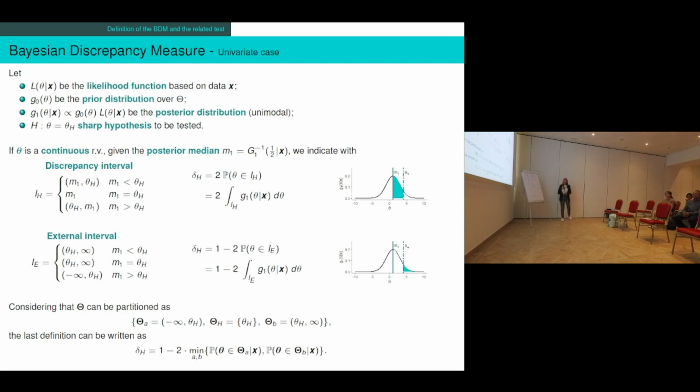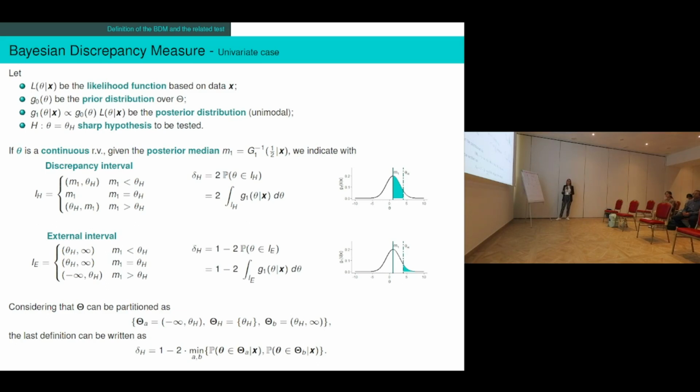Okay, now we start with the definition of the BDM in the univariate case. In the Bayesian framework, we have a posterior distribution G1 that is proportional to a prior distribution G0 and a likelihood function L. What we would like to do is to test a hypothesis theta equal to theta_H that is set by the researcher. As I said before, we would like to check the conformity of a given result